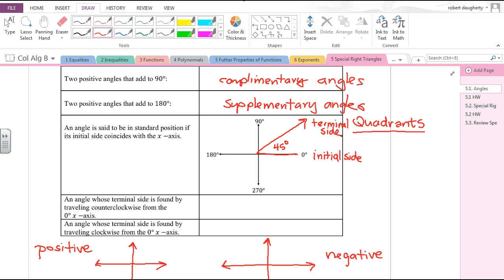Now when you look at this, this divides everything up into 4 quadrants. Do you know how to number the quadrants? This is quadrant 1, this is quadrant 2, this is quadrant 3, and this is quadrant 4. If you don't like Roman numerals, you can just call them 1, 2, 3, and 4. We will use that extensively between now and when we end up. Now the way we measure angles, there's a difference